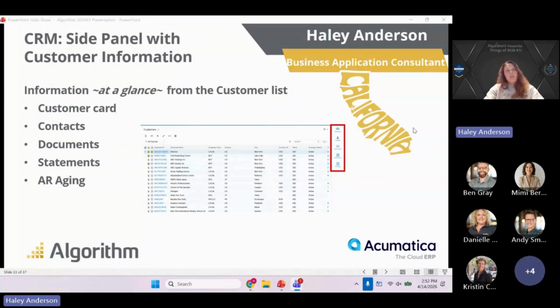Okay, we're gonna go over a couple more features here in the 26 R1 release. Starting with the added side panel to the customer information screen. As Mimi mentioned at the top of the call, side panels are a really great way to leverage seeing more information on a single screen and allows basically like a split screen function as well. They can be added to pretty much any generic inquiry that's created, but as this customer list is out of the box, they added some for us here, as well as we will go over